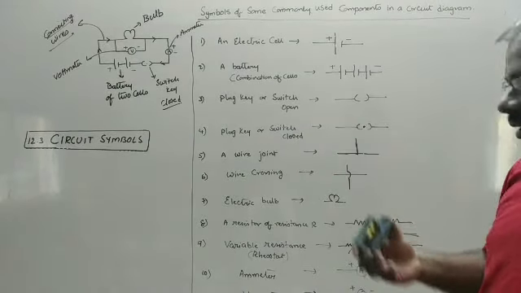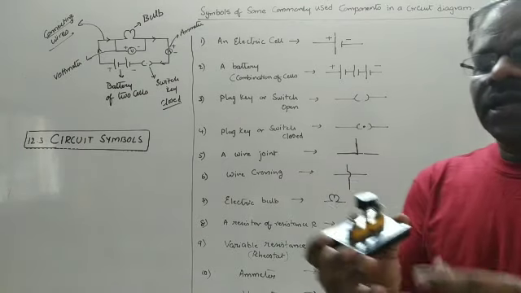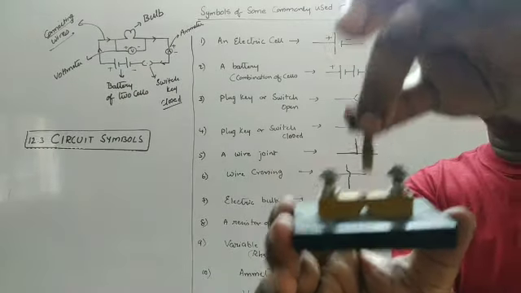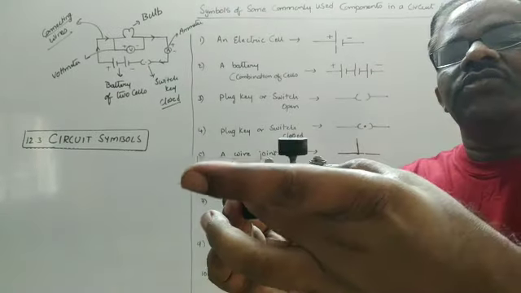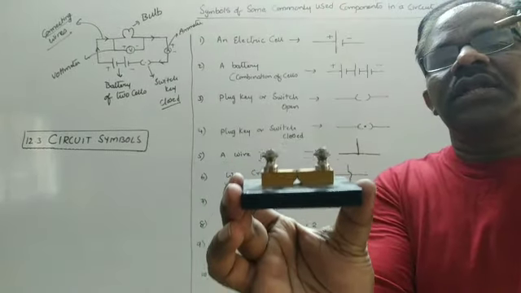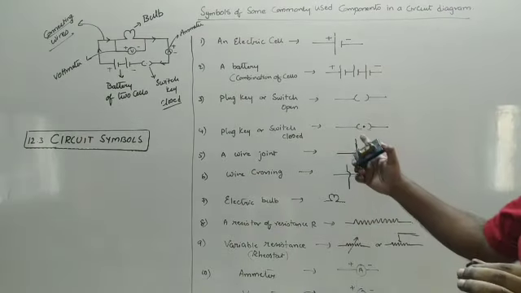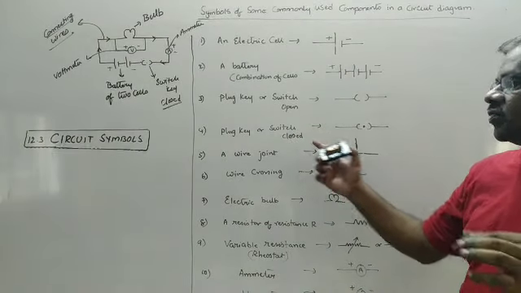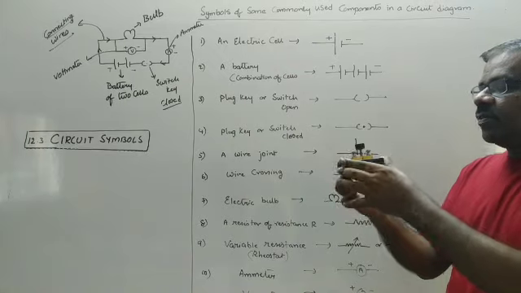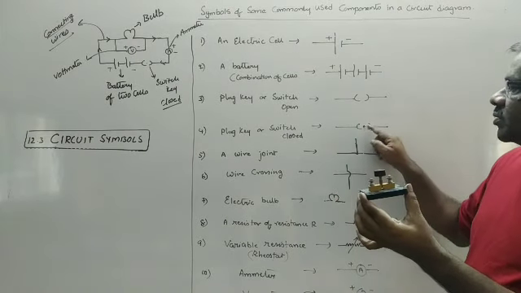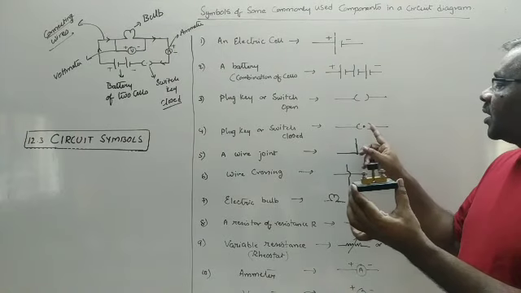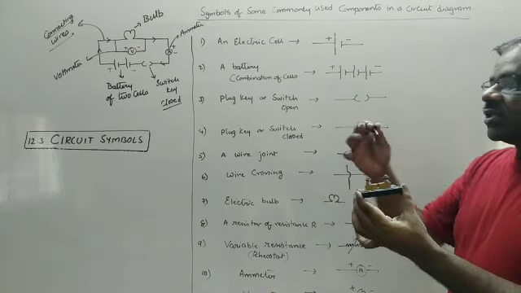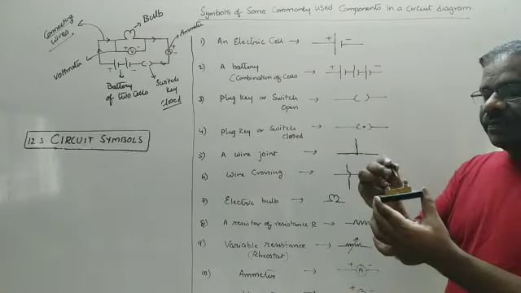But if we replace the switch key with a tag on it, that means this allows the current to flow and when it is kept on, the switch key is on. When this is removed, the switch key is off. So this is represented by a closed switch key. So this switch key can be simply represented in an electric circuit using two brackets followed by a dot in the middle. Dot in the middle means that the switch key is on. If this is removed, it is in off position.